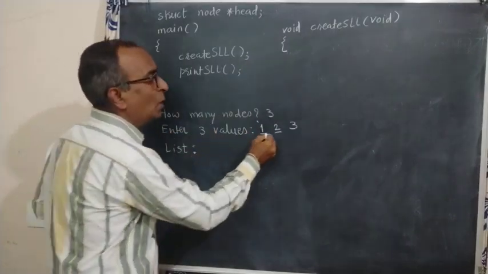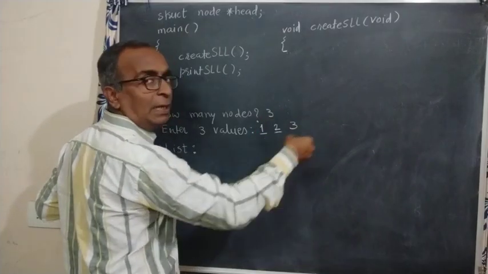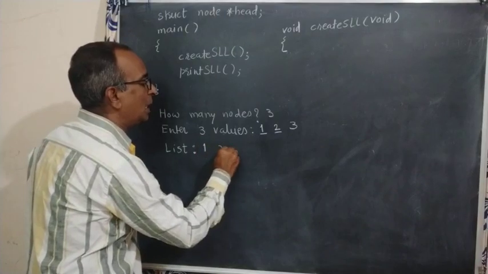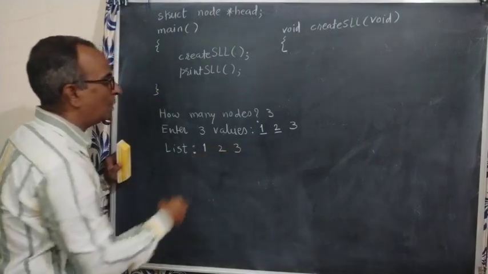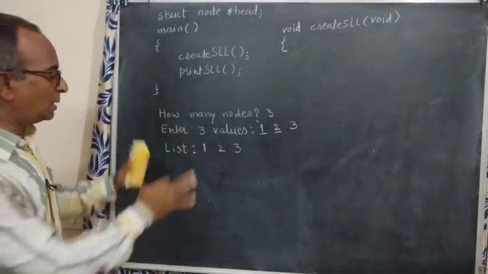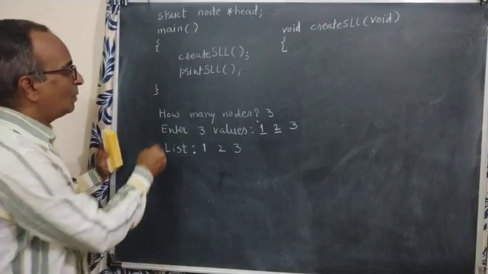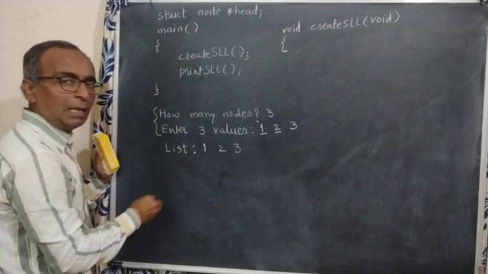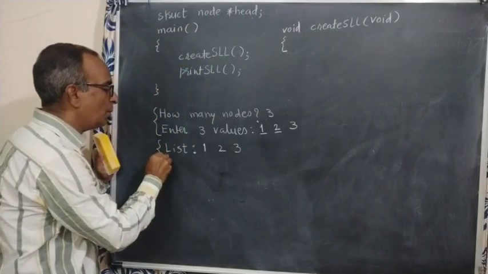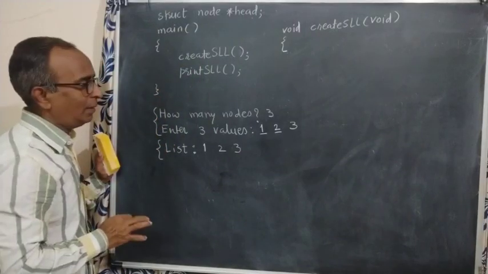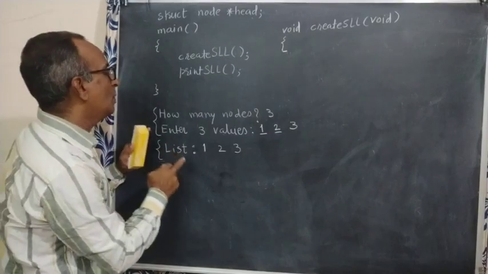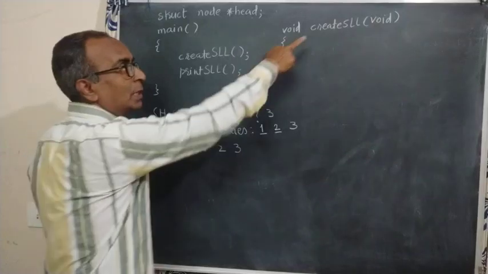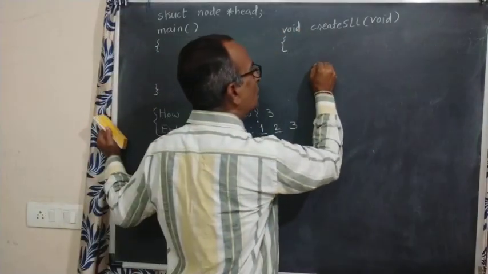So when you are adding at the end of the linked list, the linked list created will be like this, and whenever you print it, that will be the output. This I want. Now this is the task of create SLL, and this is the task of print SLL, right? So who will read the number of nodes? How many nodes? In create SLL, first I'll accept